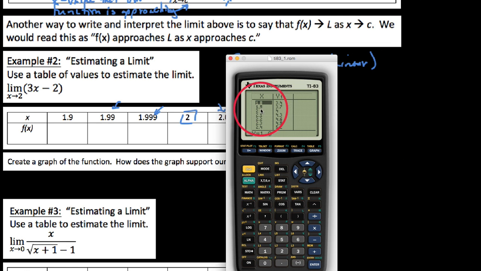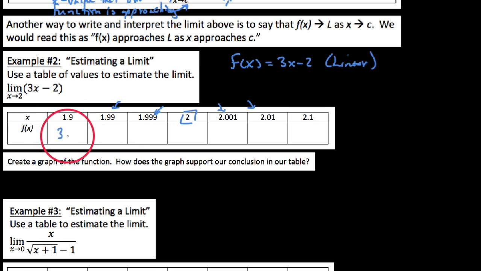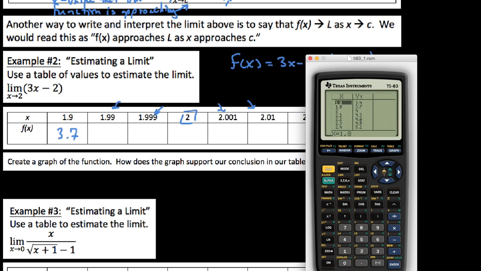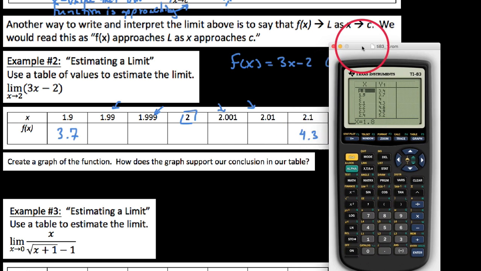We can see that 1.9 is just before 2, and 2.1 is just after 2. And we see that at 1.9, we're at a height of about 3.7 on our graph. And as we go back to our calculator here, at 2.1, we are at 4.3. So what we're going to do is go back now, and instead of going by a tenth